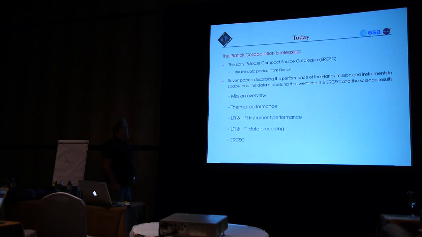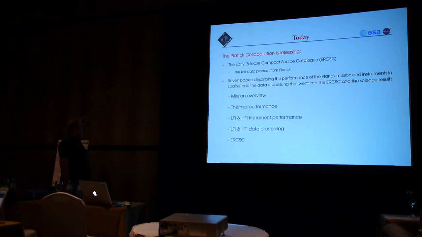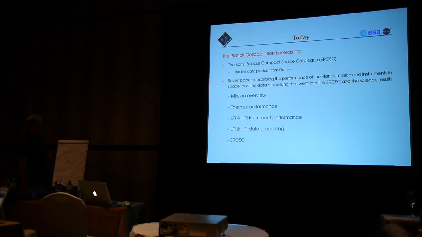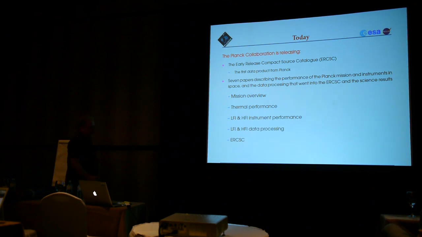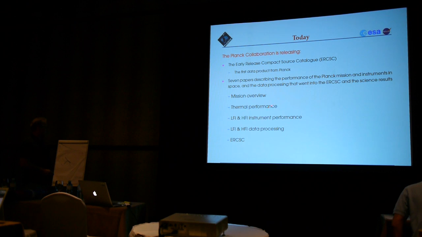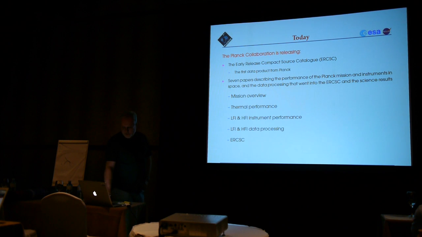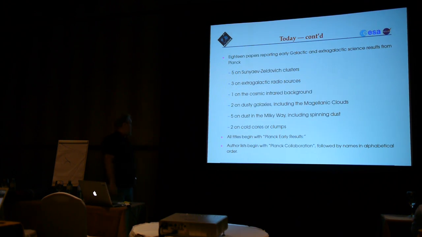So what are we releasing today? The early release compact source catalog and a bunch of papers. The papers are now visible at the website of ESA that I'll show in a minute, and they will come up later on today on AstroPH. The first suite of 7 papers describes the mission progress, the thermal performance of Planck, all this beautiful cooling system that I was briefly referring to. There are 2 papers per instrument describing performance and data processing effort, and the paper describing the build-up of the early release compact source catalog. So these are the technical papers,